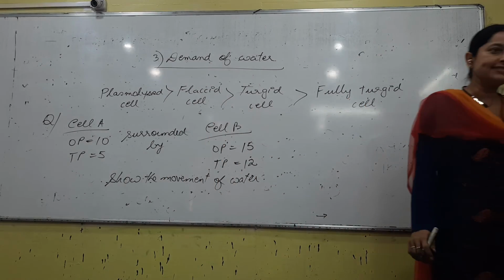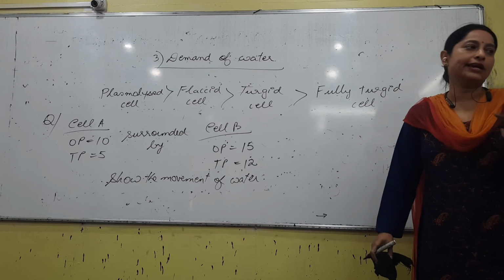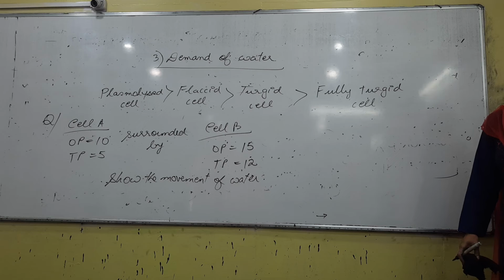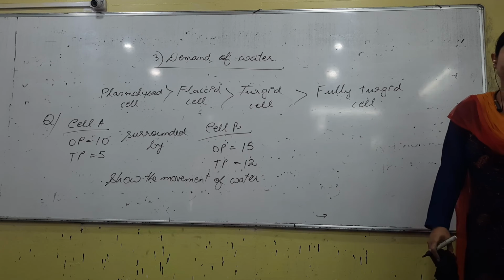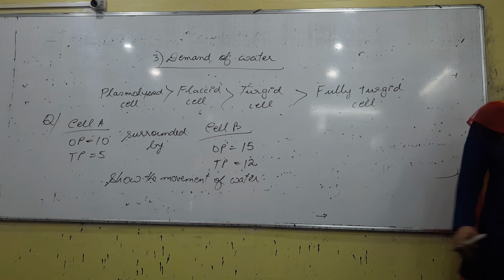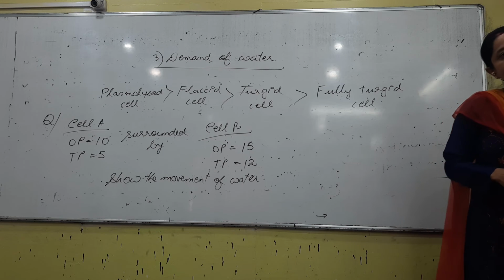So, two cells are given, and the question asked is: water will move from cell A to B or B to A. So, how do we do it? We find the DPD of cell A and the DPD of cell B, and then we will calculate. And for DPD, the OP and TP are given. So, what would be the DPD of cell A? 5. And what would be the DPD of cell B? 3. So, ultimately